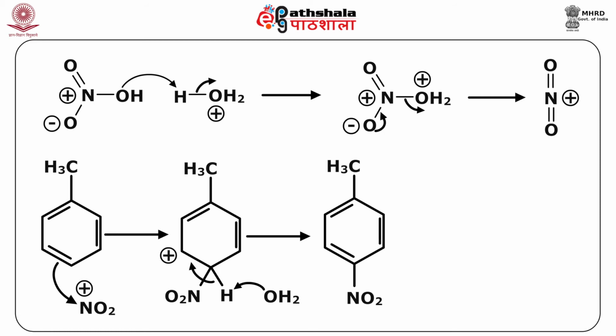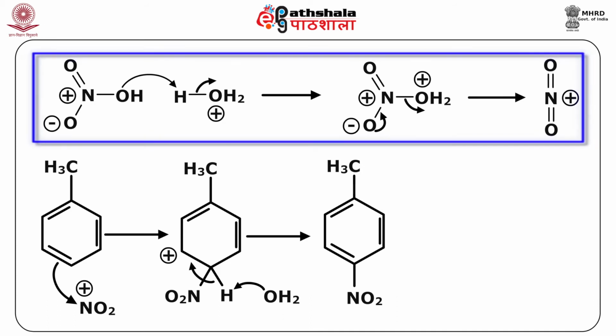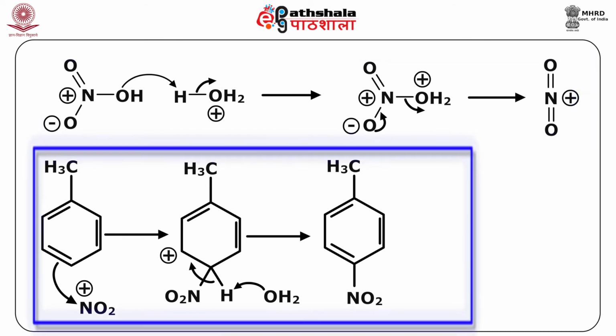The nitration process requires the presence of sulfuric acid as a catalyst to generate the nitronium ion, which is the electrophile over here. Just like we had to take extra steps to create the electrophile in case of halogenation, that is bromination and chlorination, we must here use the sulfuric acid to generate the electrophile, which is the nitronium ion. The nitronium ion can then proceed as a general electrophilic aromatic substitution reaction.